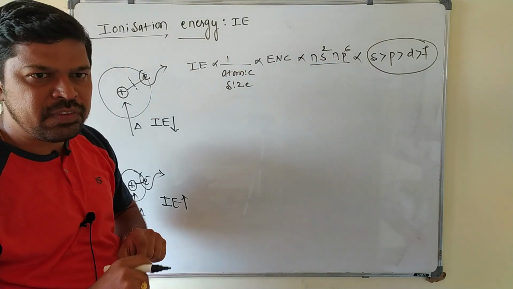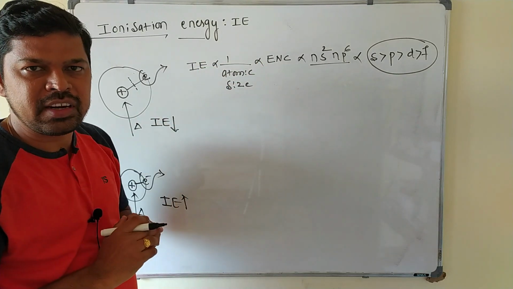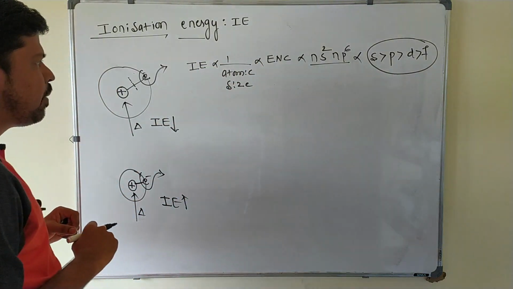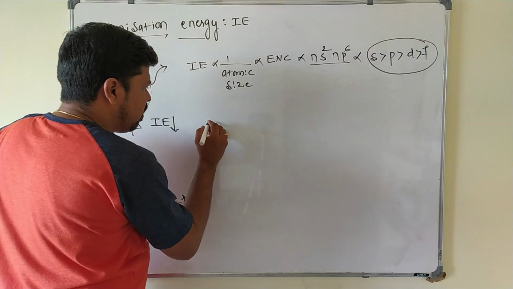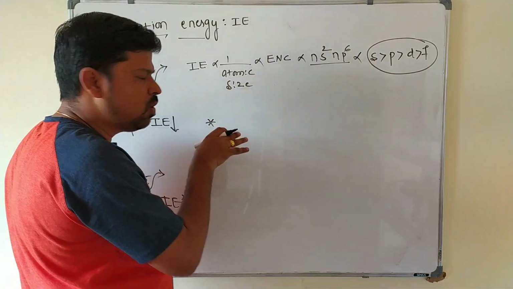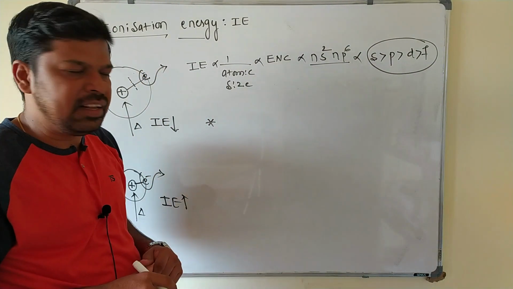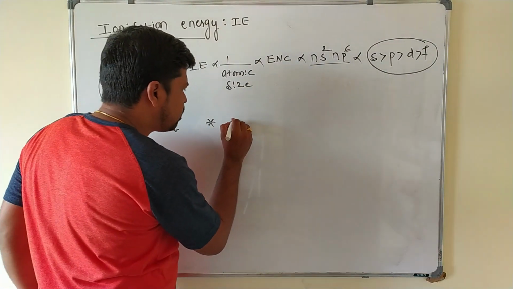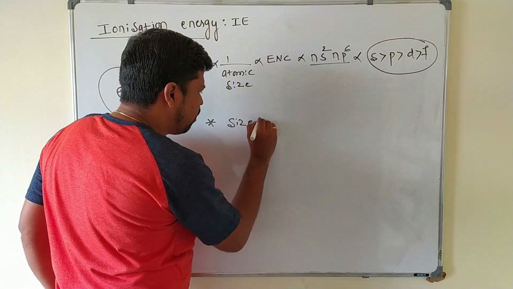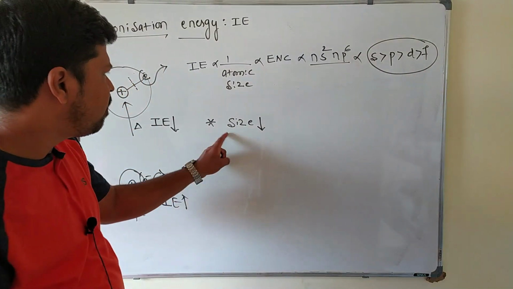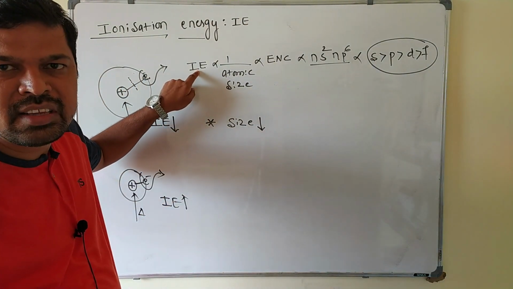Now we will go to the group 15 elements, and see how these factors affect the chemistry of group 15 elements. Now we know that as we go left to right, atomic size decreases. Group 15 elements have a smaller atomic size. What is the size of the group 15 elements? Small. Because of their small size, what happens? They have high ionization energy.